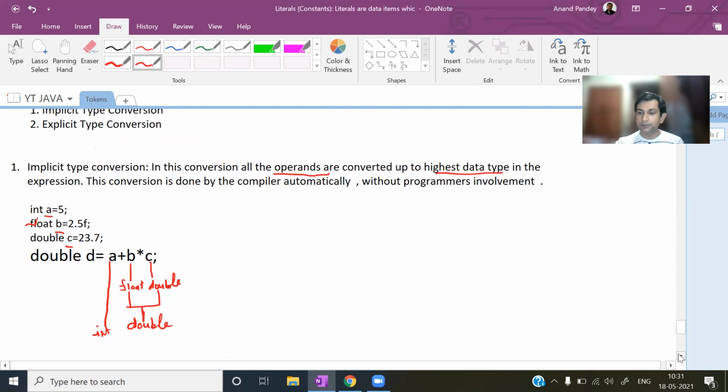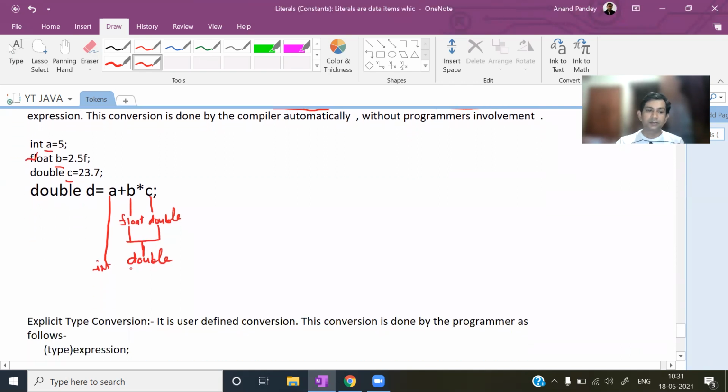So out of int and double, which one is higher? Double is higher. So before addition, both will be converted to double type, and the final result will be of double type.